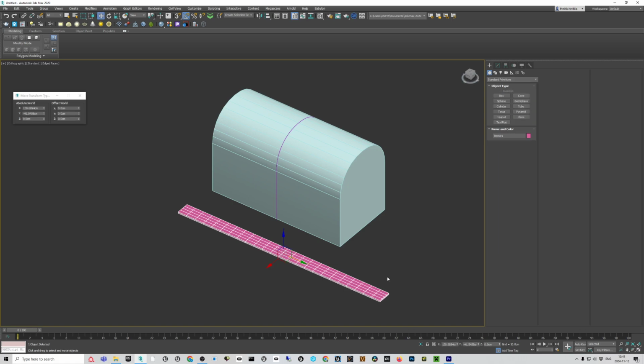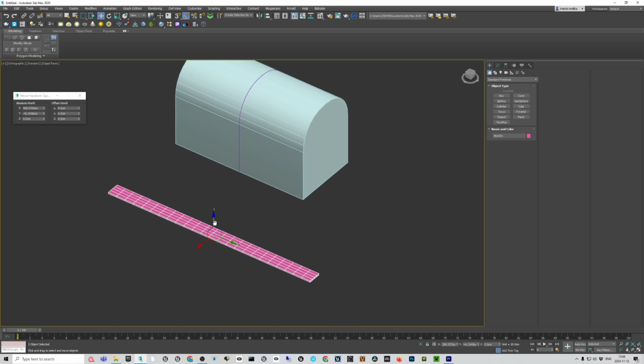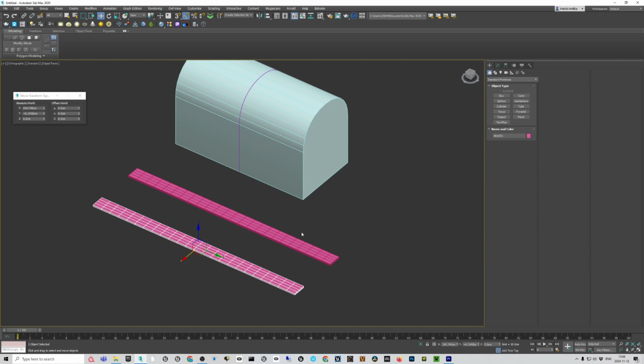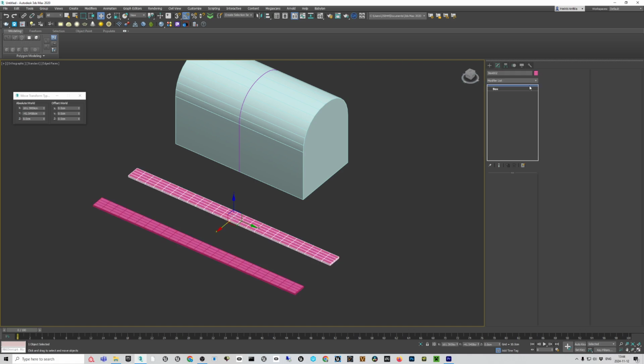And for ease of modifications, I'm going to make a reference copy. Reference is like an instance, so that gets history from the parent, but you can put things on top of it that don't end up on the parent. So for example, now I'm going to put